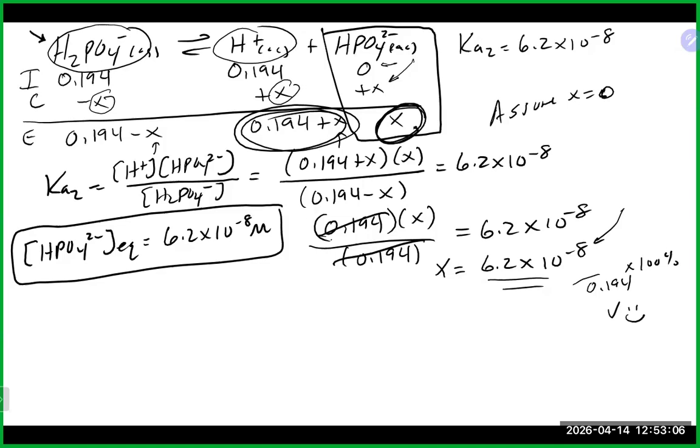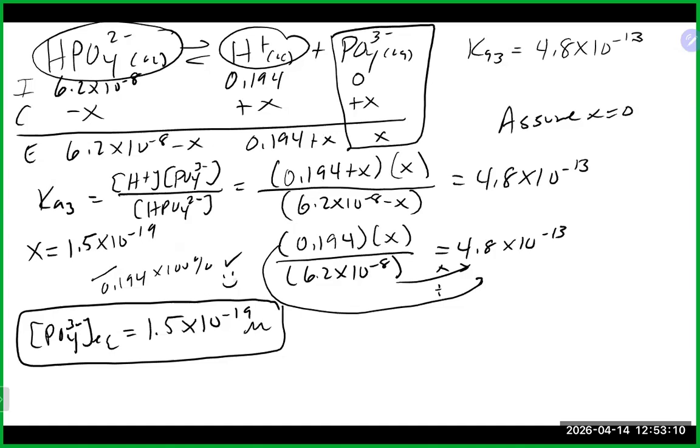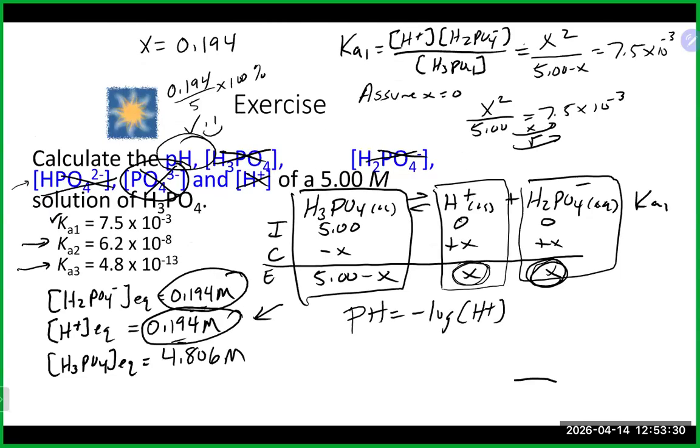A lot less. What happened when we popped off the third one? We got off even less, basically, right? 1.5 times 10 to the minus 19. So that shows you, as we were talking about, it gets progressively harder to remove those hydrogens. Not much is coming off. The majority of all the hydrogens came off when? The very first step,